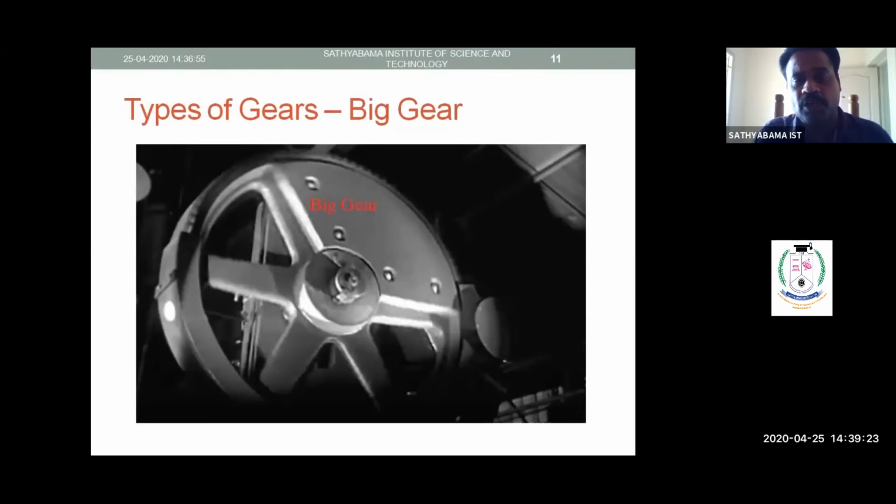So this is looking like a flywheel. You are seeing the flywheel in IC engines to store the energy. You should not have the imagination that a gear means I can hold it in a hand, a spur gear or helical gear. In the laboratory I touched the gear, I can hold it in the hand, it is some 1 kg or half kg. Not like that. Even the big gears are also for industrial purposes to transmit a large amount of power. We can maximize the size of the pitch circle diameter of the gear. We can go up to any numbers. They are called the big gears.